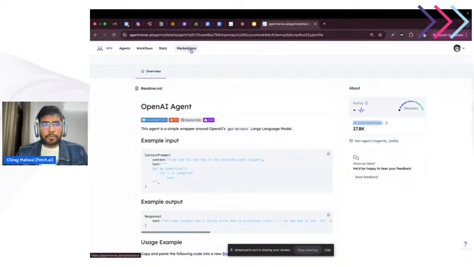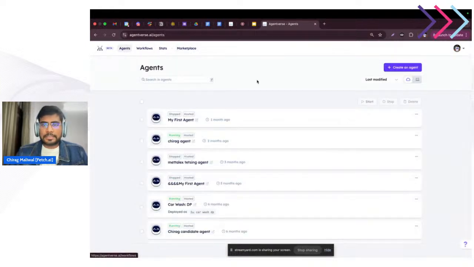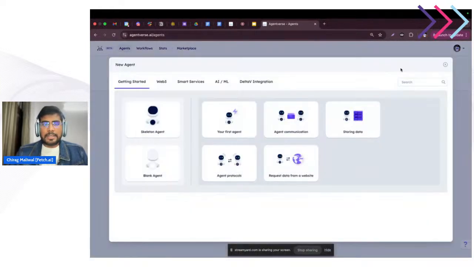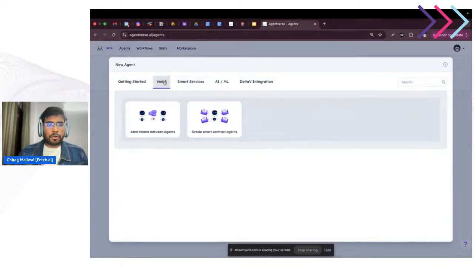If you don't want to leverage any of the agents already created on the marketplace, then you can create your own agents. So you just need to create an agent. There are a couple of examples we already created. So let's suppose if you want to build some web3 based agent, and you don't want to write hardcore programming, then you can use the pre-built templates to create your agents.